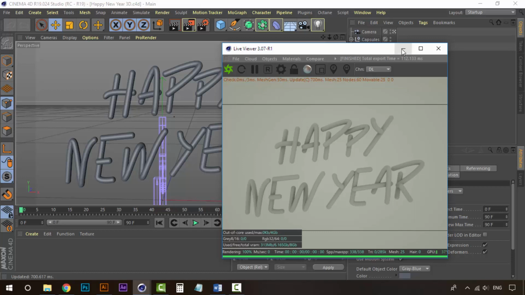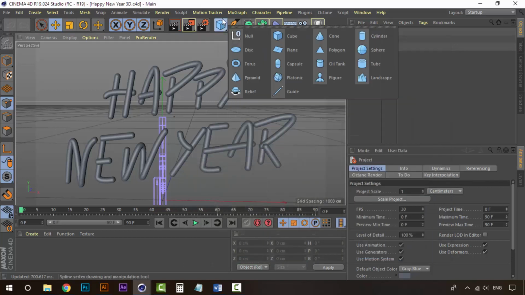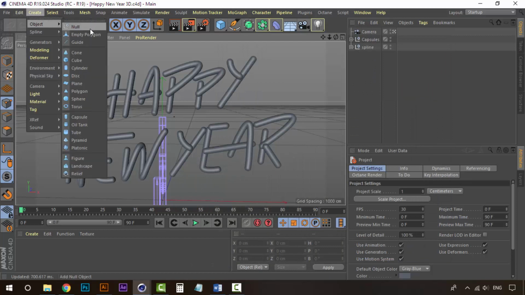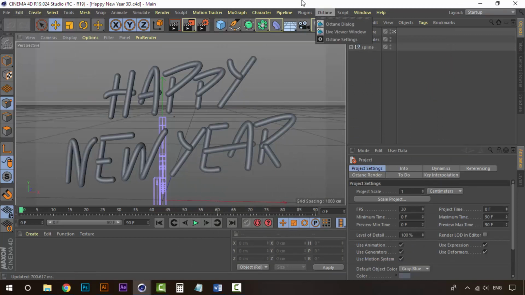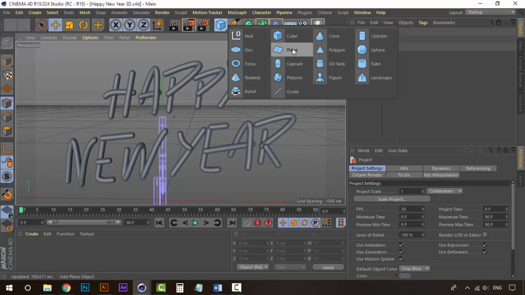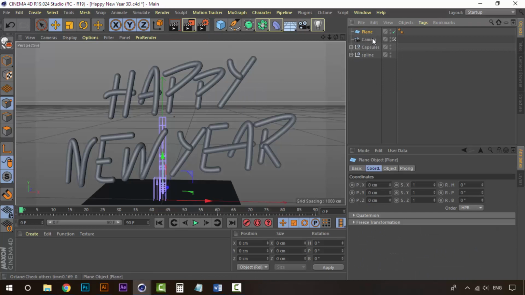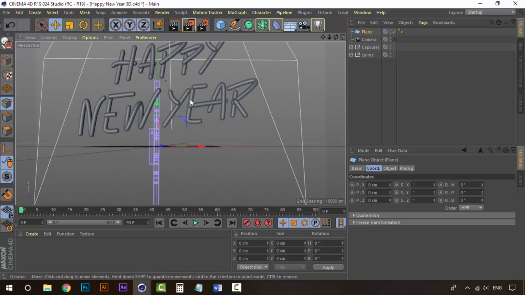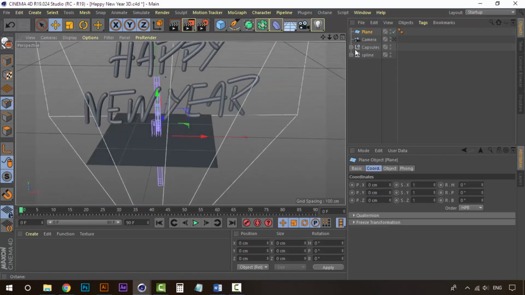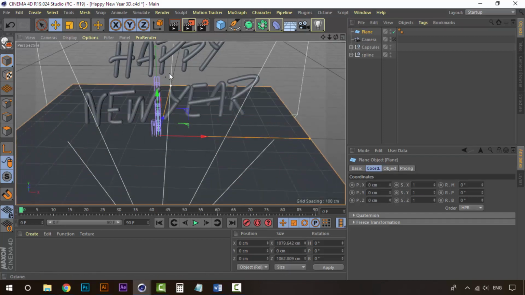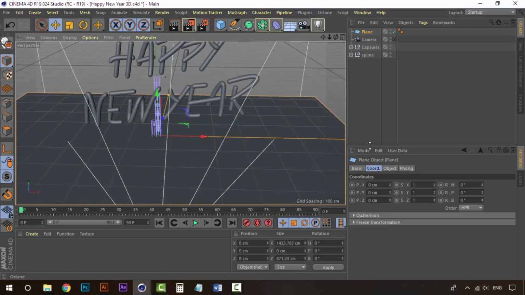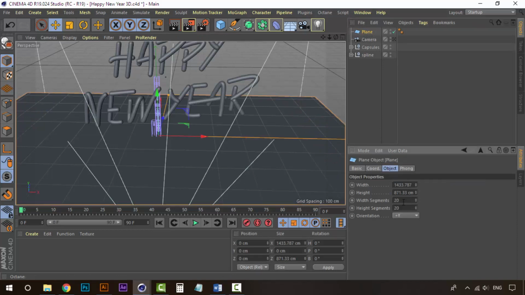Now the first thing that we are going to do is create a plane. You can go to Create, Object, and then select Plane, or just go here and click on Plane. Now let's select this plane. Let's turn off the camera for now. Take the plane and make it really big, especially really wide. Alright, now go to Object and Orientation, click on plus